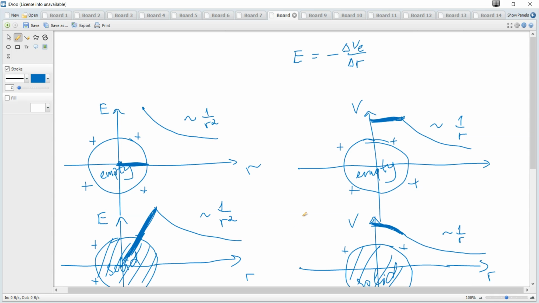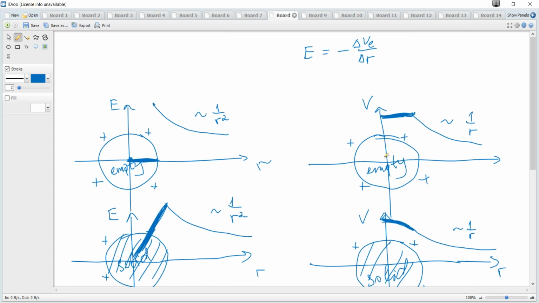And hence potential: field strength is negative change in potential divided by change in distance. In general, this delta is a derivative,